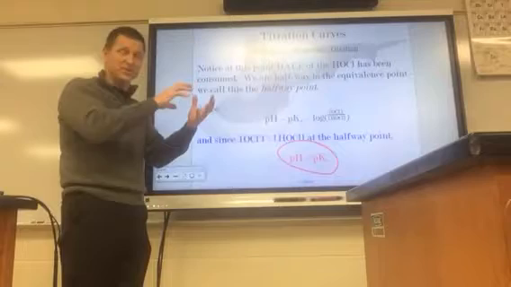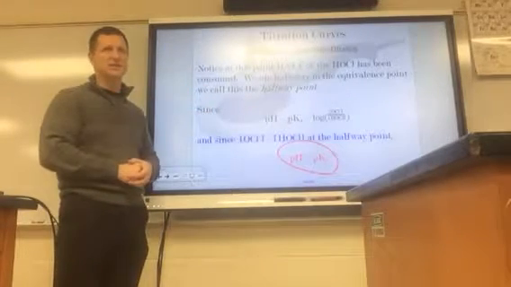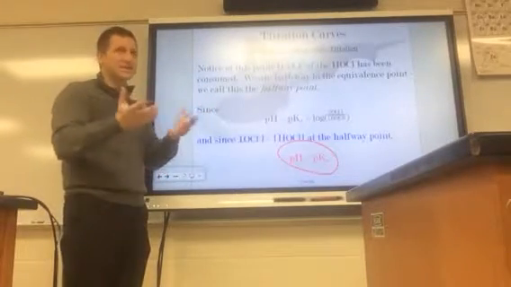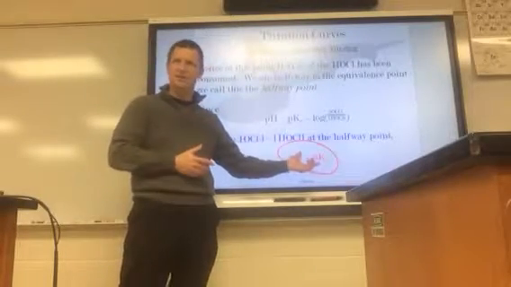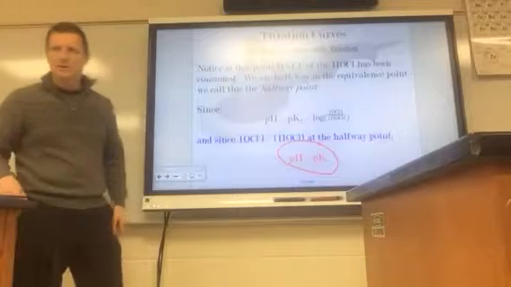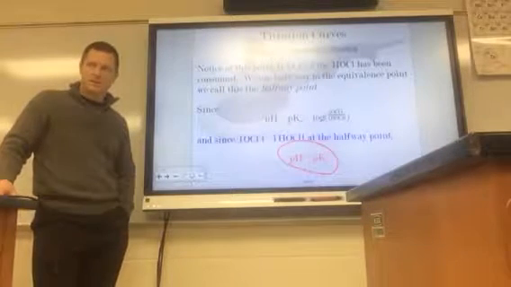It's not the Ka of the base that you're titrating, it's of its conjugate acid. Because it's always Ka. Even if you're titrating a base, you still use the Ka of the conjugate acid. So we use the halfway point, meaning that half of the